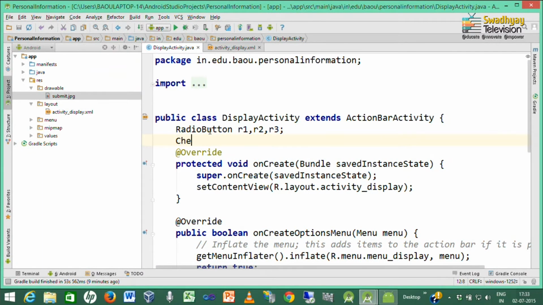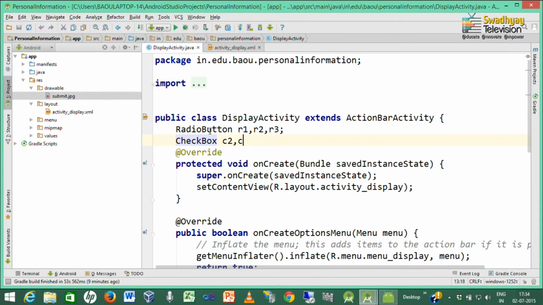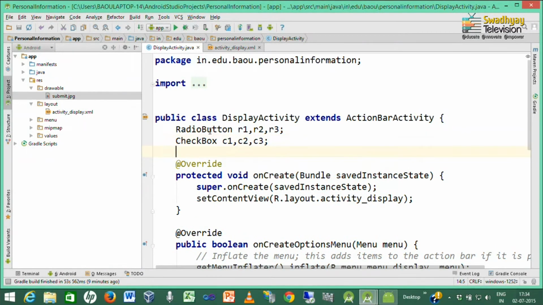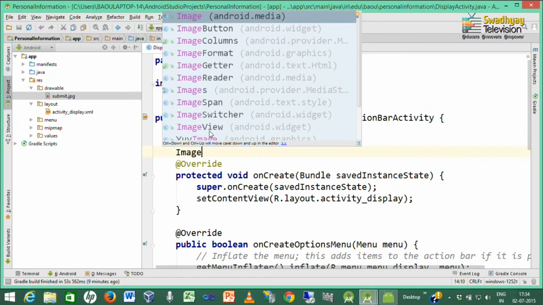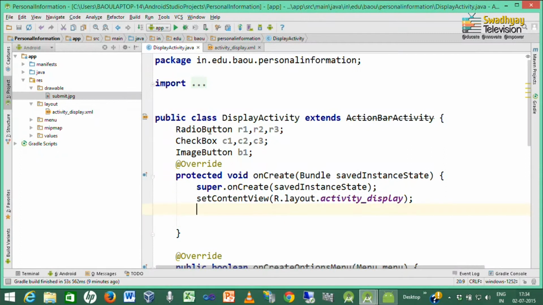Here I declare 3 check boxes C1, C2 and C3 and one image button called B1. So, we have these control references available in R1, R2 and R3.